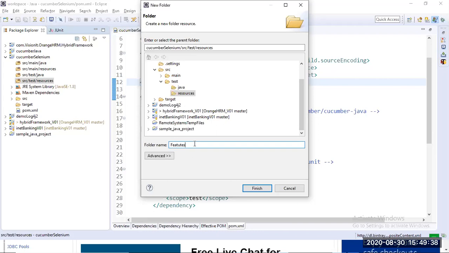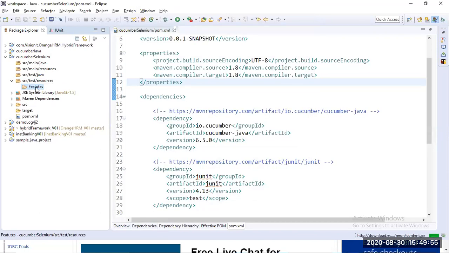So create a folder with the name features. You can create it with any name, but I will create it with the name features because I want to keep all the feature files there. So click on finish. This is the folder I have created with the name features.